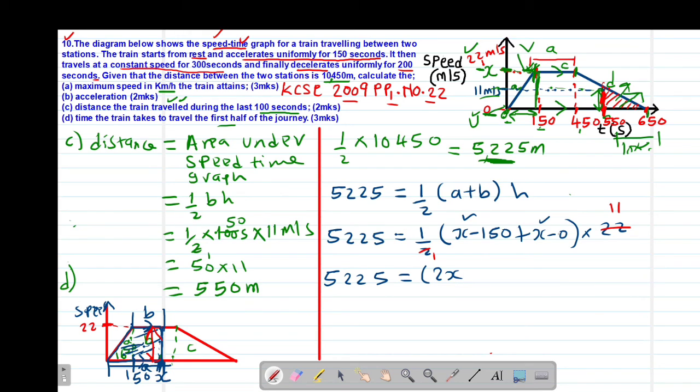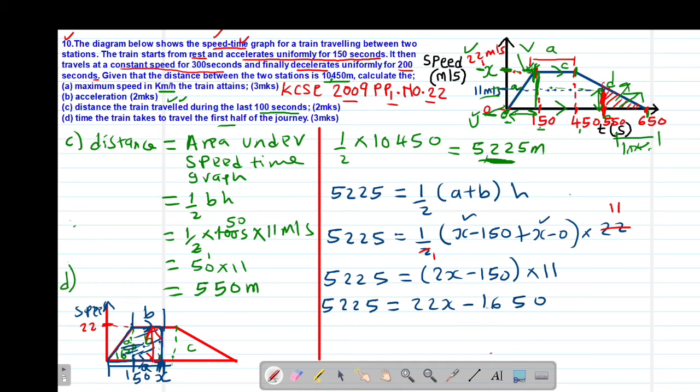Then of course negative 150 minus 0, I'll simply get negative 150, then multiplied by 11. Then I want to open this bracket, so I'm going to have 5225 being equal to 11 times 2x, I'm going to get positive 22x, then minus 150 multiplied by 11, I'm going to get